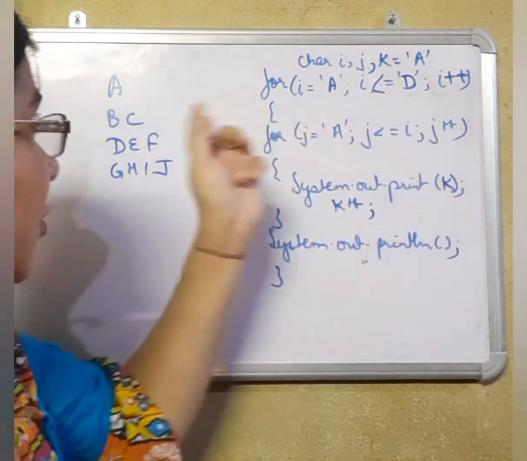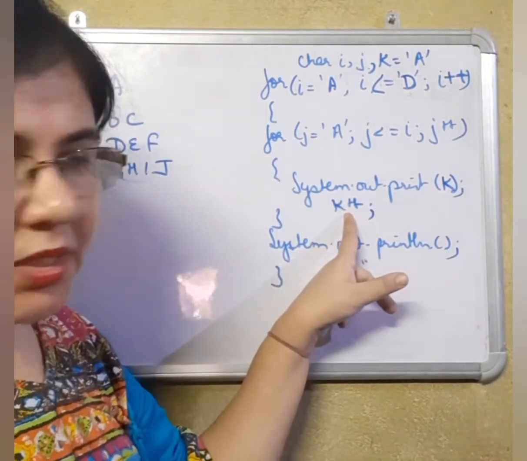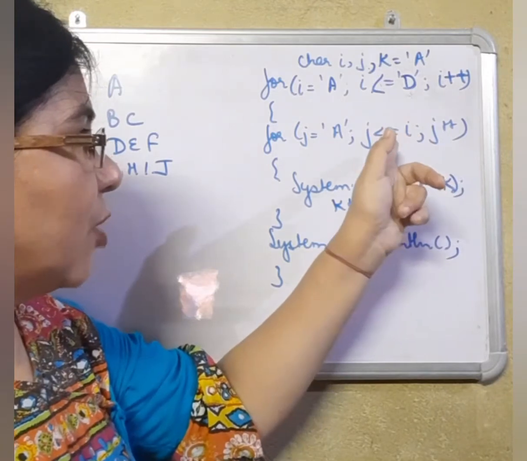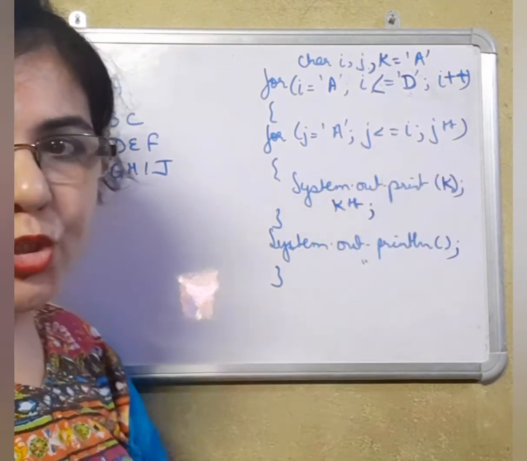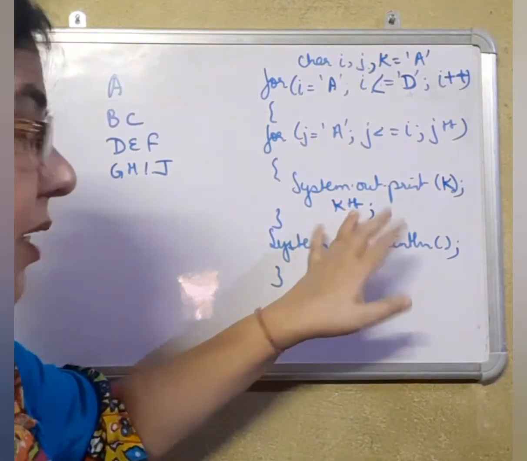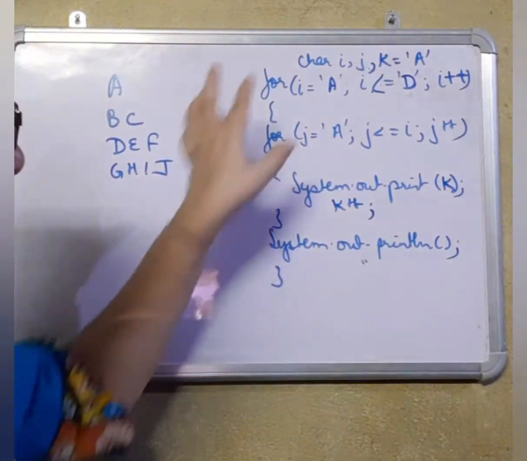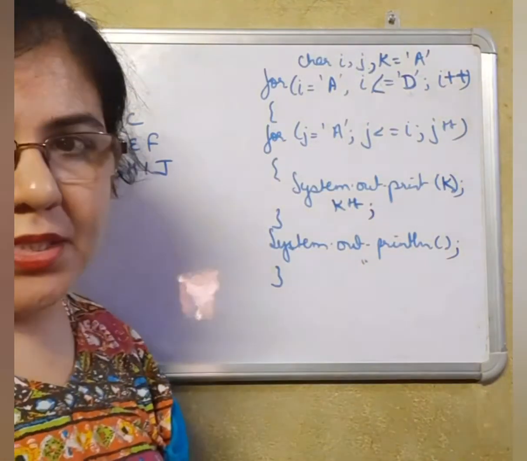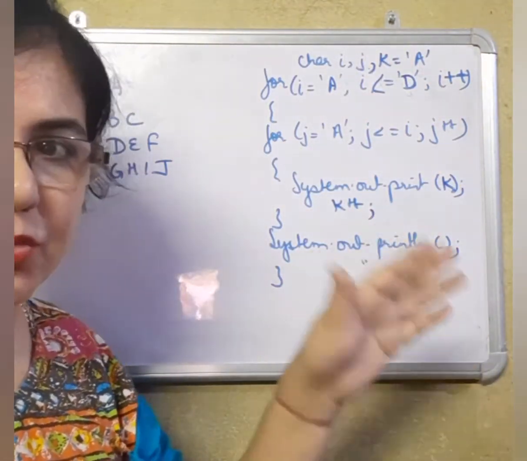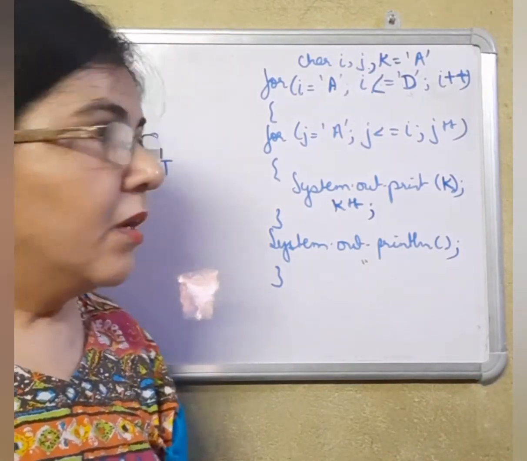What is the present value of A? C. C will increment to become D. But J loop has become how much? C less than equal to B is a false condition. But A remembers that I have become D. Then it will go to the next line, again I will increase. So it's working the same way as 1, 2, 3, 4, 5, 6, 7, 8, 9, 10 were working.